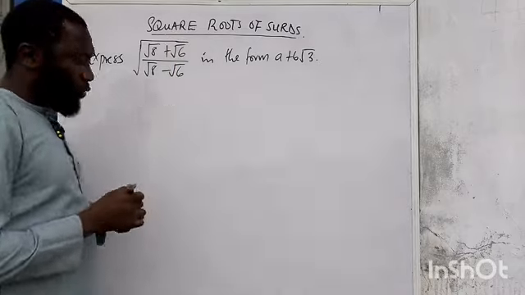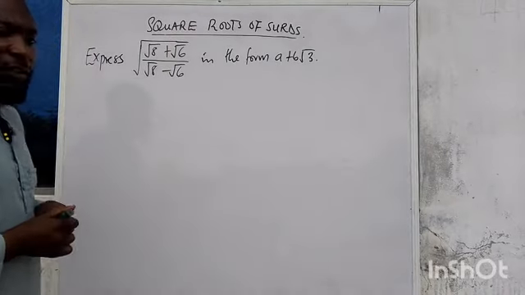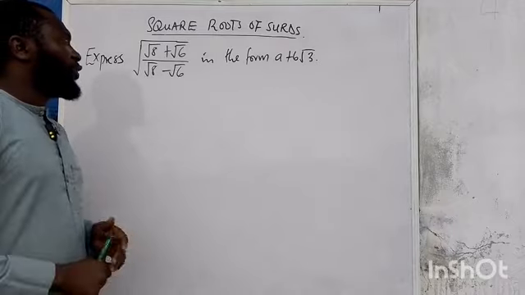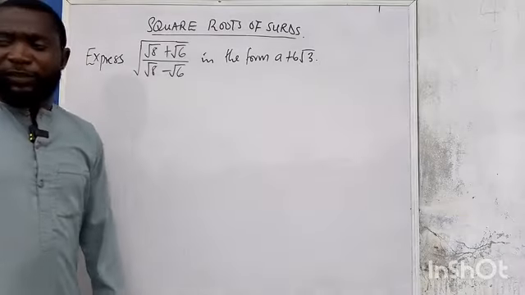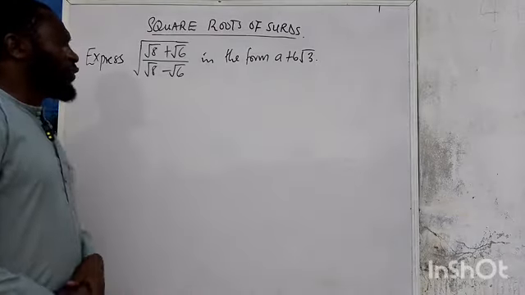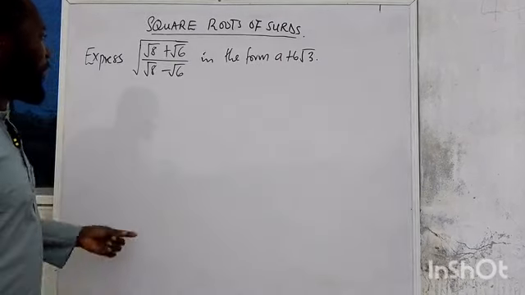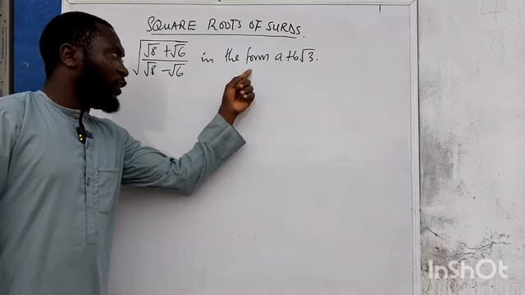Here is an interesting question in the topic we started: square root of surd. Here is a surd inside a big square root. How do we solve this? The question says express this in the form